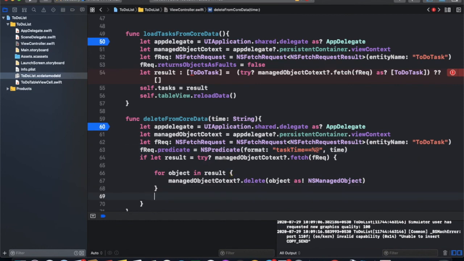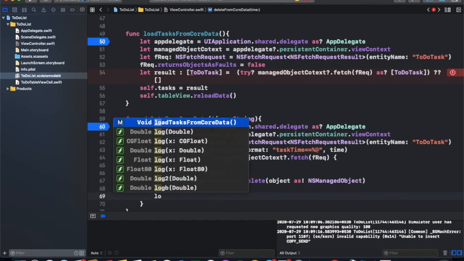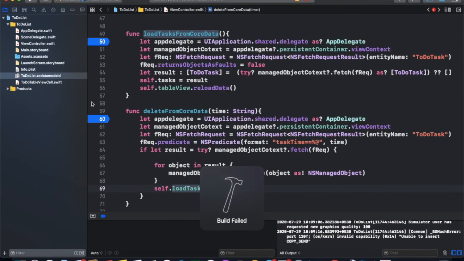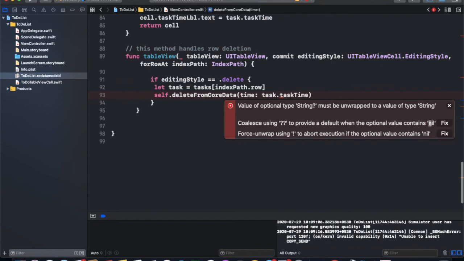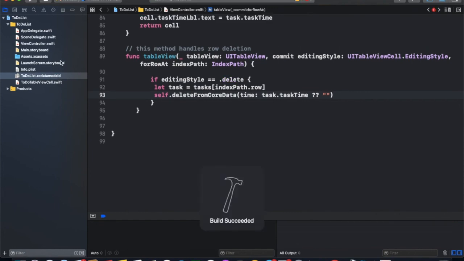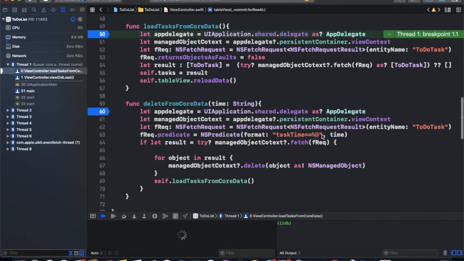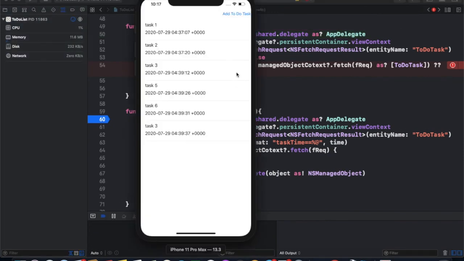Also, after deleting the value, to show the change in the result, we need to call the load data function. The predicate, as I already told, just deletes the desired result which is set in the predicate. So load is working fine, so we don't need any debugger here.